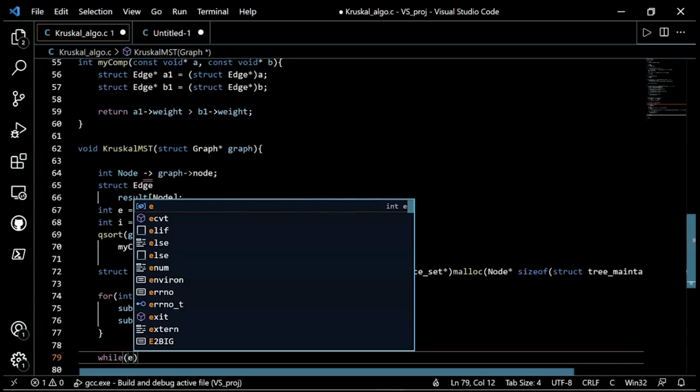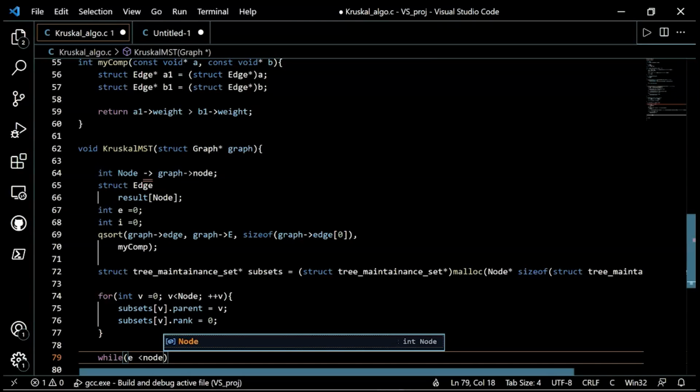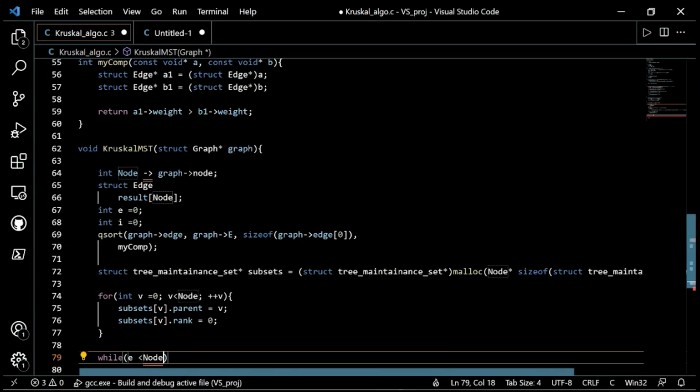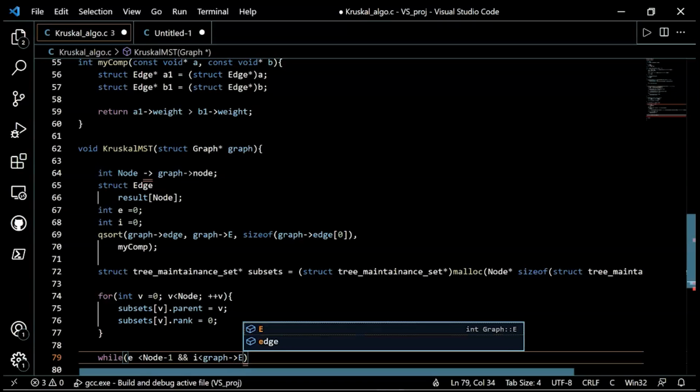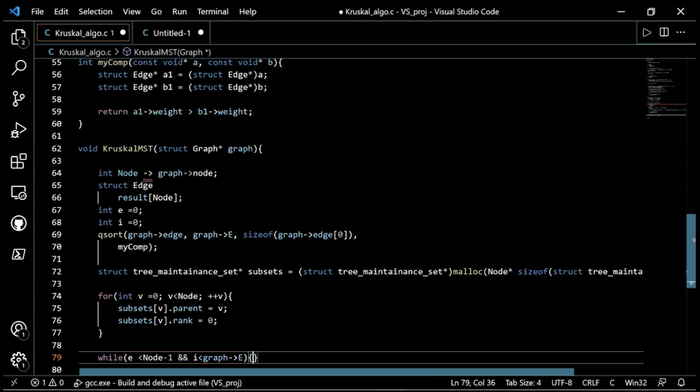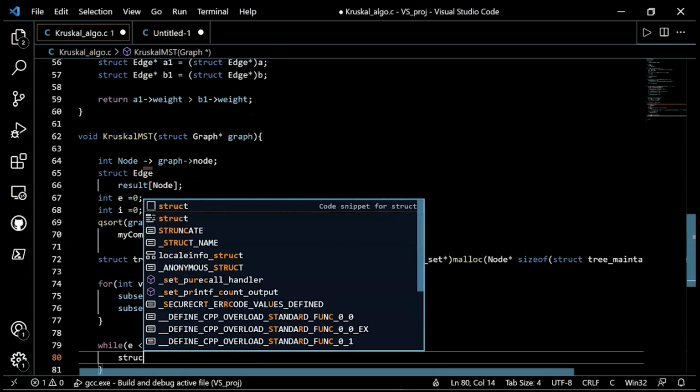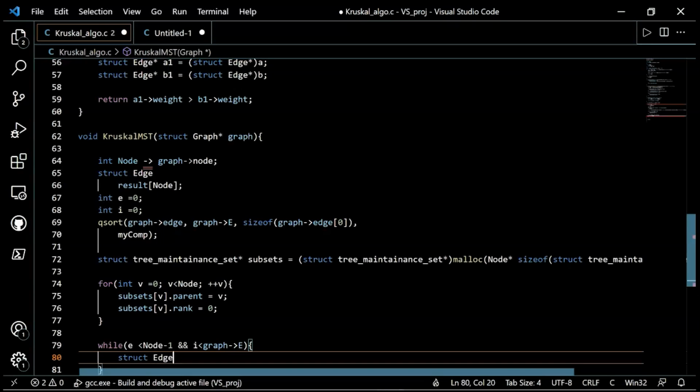While e is less than node minus 1 and i is smaller than graph->E, then create struct edge next_edge equal to graph->edge[i++],